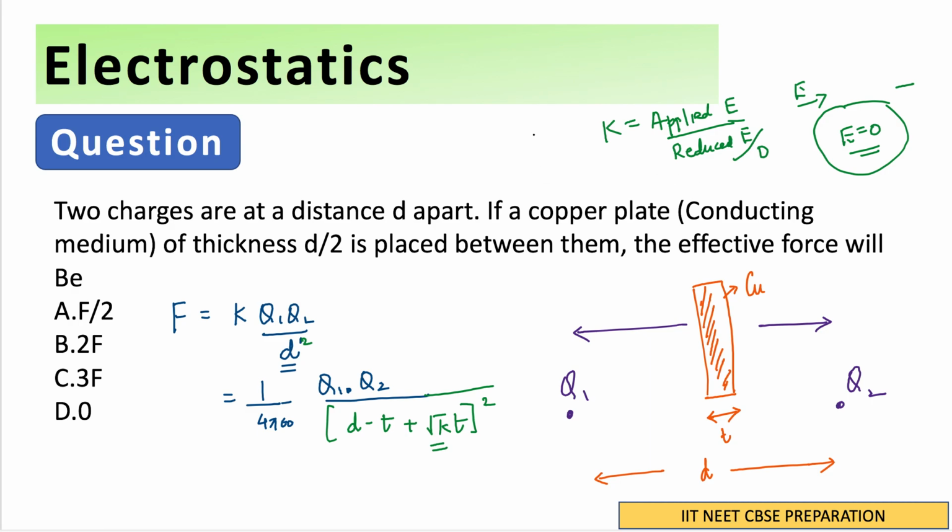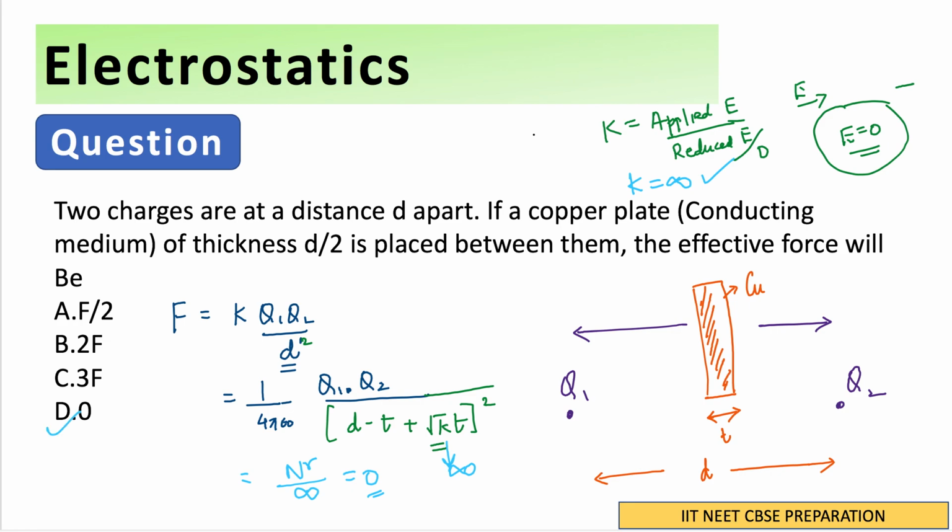Very simple, just a very basic concept, I think you have understood. In this case, the value of K is infinity because it is copper and it is conducting. So if K is infinity, what will happen? Root of infinity is infinity only. So infinity is there in the denominator, which means whatever is the numerator divided by infinity is going to be zero. So our answer in this case will be zero.